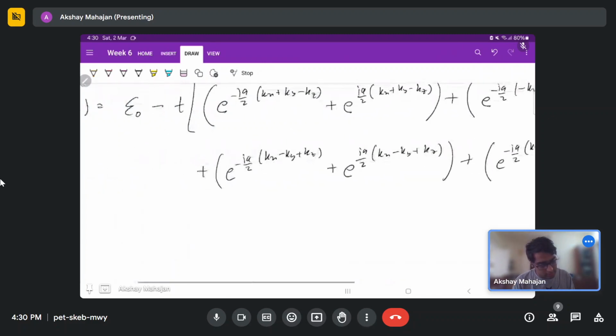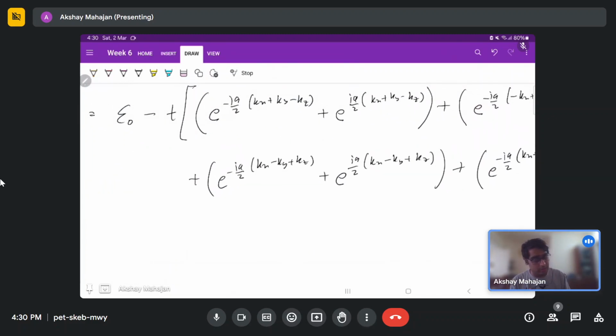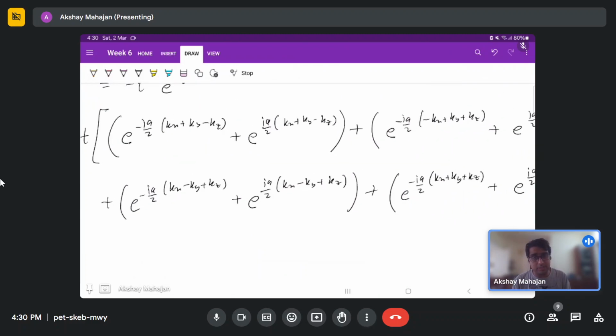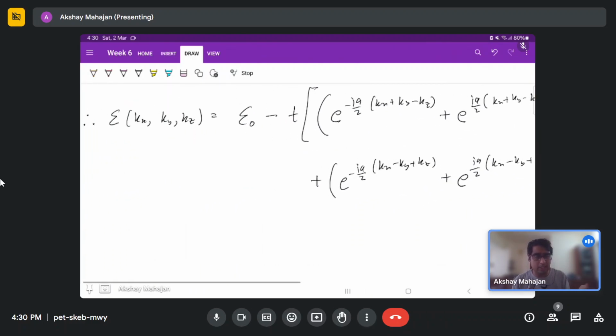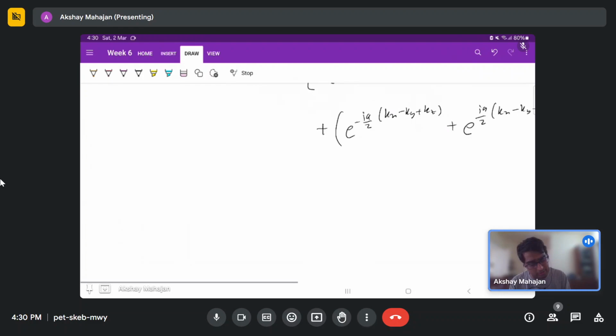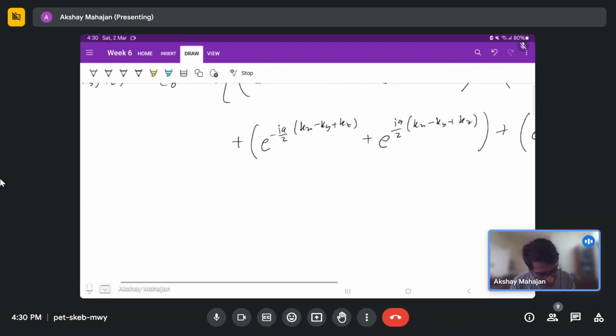Alright, so basically we have 8 terms from the neighbors, and then we can do this combination of each of these. Like in the brackets you can see 1, 2, 3, 4, each one with a complex conjugate, and you know that e to the power iota theta is cos theta plus iota sin theta. So just using that, from each of them we will get a 2 cos theta kind of term. So we can write this relation as epsilon minus 2t